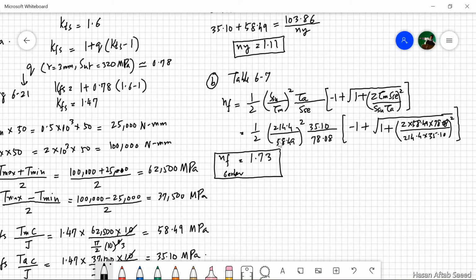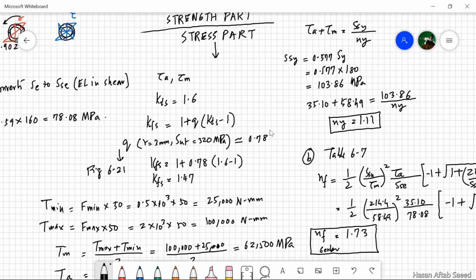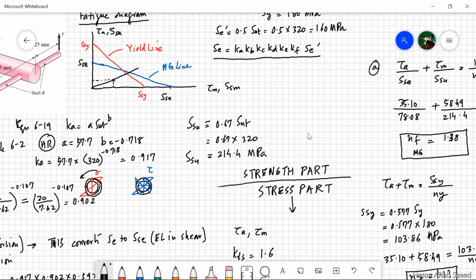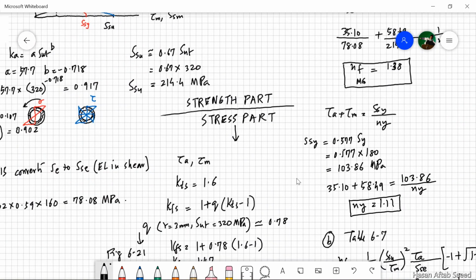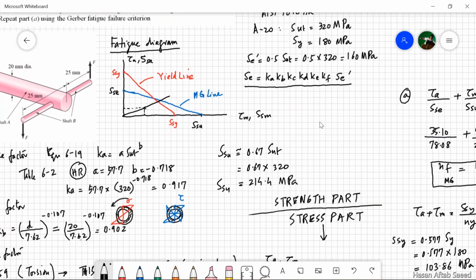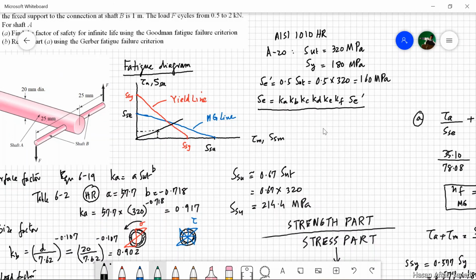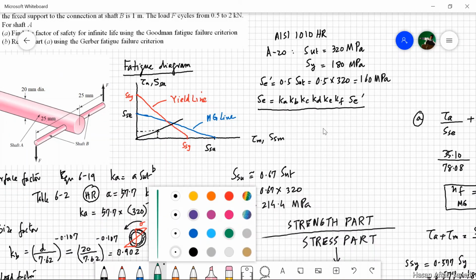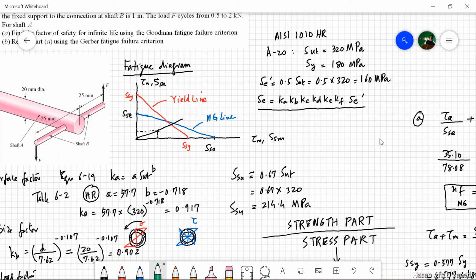So this is part B of your book. You don't need to check the yield again here because you've already done it. It doesn't matter. It doesn't change anything. Gerber criterion is for fatigue, as is modified Goodman. Now the value for Gerber factor of safety is higher, 1.73, and that is only to be expected because recall that Gerber criterion, if I have used the green line here, Gerber is, we join the same 2 points SSE and SSU, but we join them not with a straight line but via a parabola, something like this.